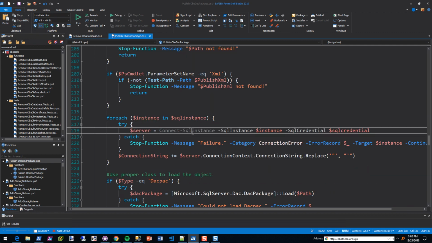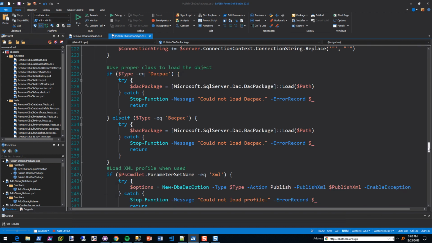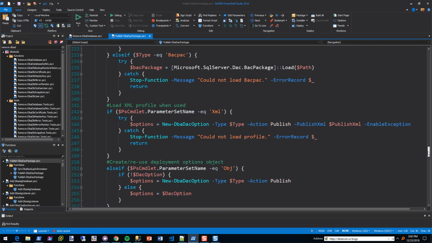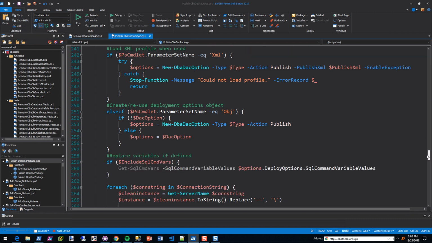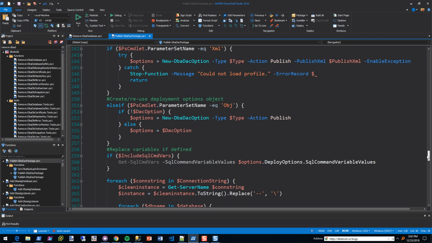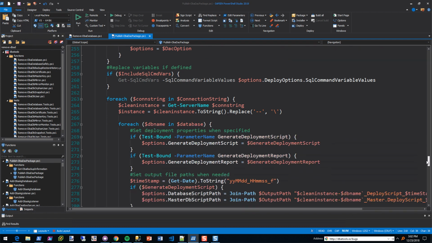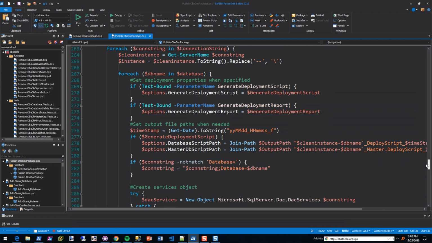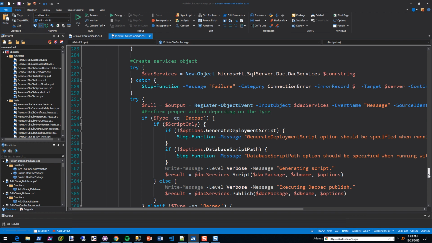So now I'm going through some connects, that's fine. Creating an object doesn't need a WhatIf. This new DAC option doesn't write to disk, doesn't need a WhatIf around it, because we don't want to make any modifications, right? We generally don't want to write to the disk or do anything that's persistent. This is a get, no big deal. This is some tests, no big deal. This is creating a new object, doing some tests.